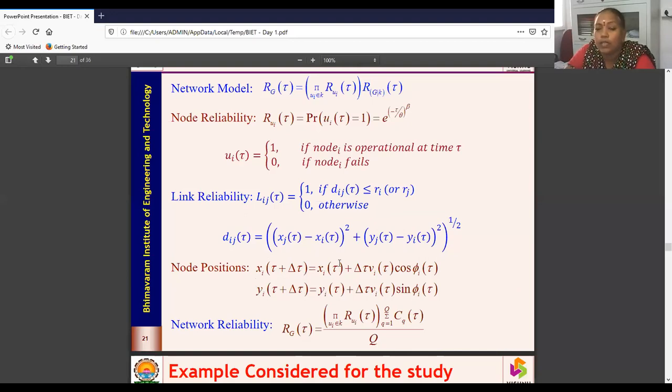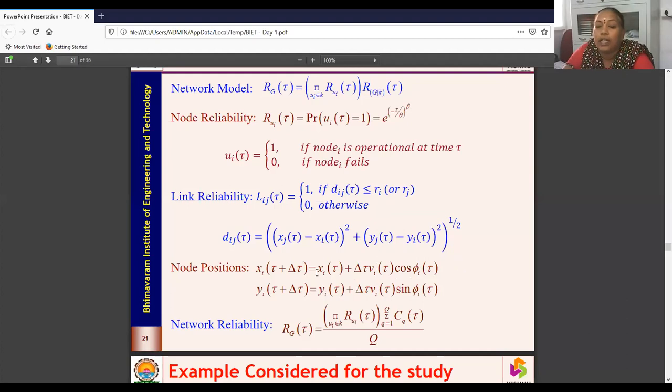Xi of tau is the current location. Delta tau is the change in time, whether it is 1 hour or half an hour. And vi of tau is the velocity at that particular instant of time. And cos phi i of tau defines the direction in which your node is going to move.